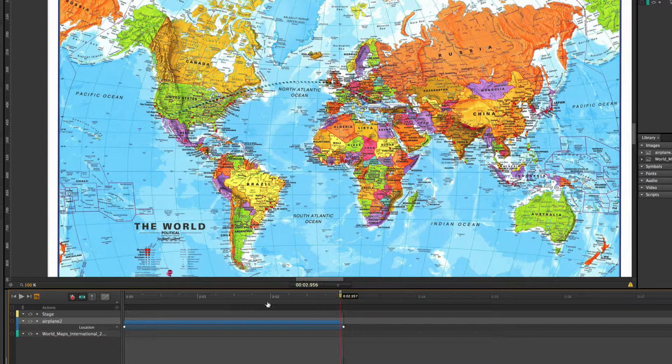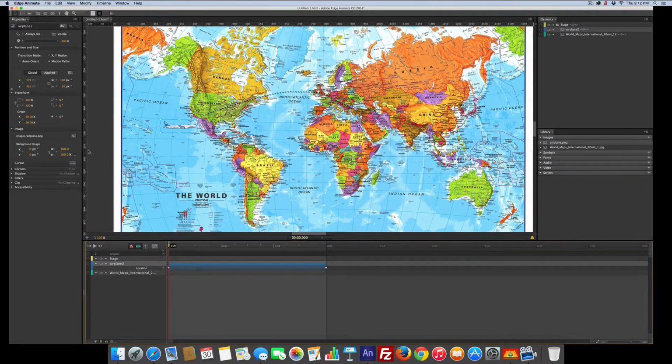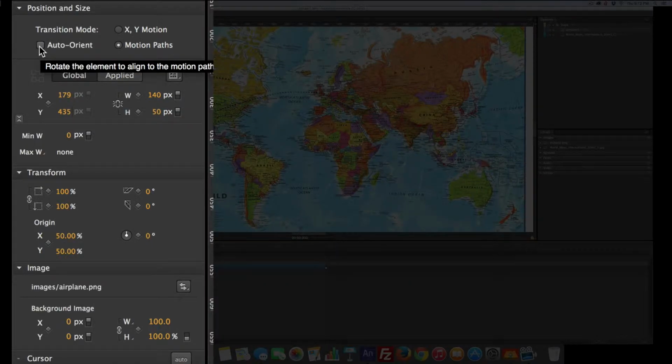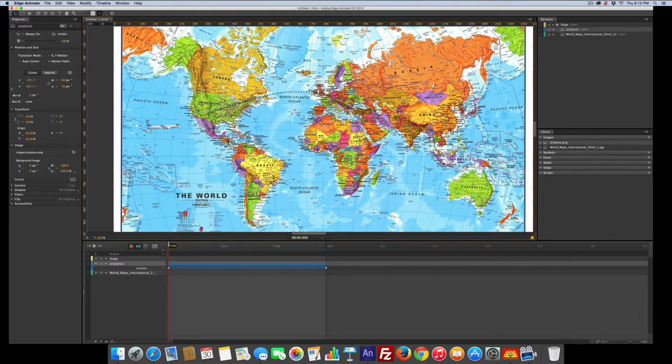So the other thing you can do with a motion path is I can orient it to the path itself. And let's see, auto orient. So let's move this to a spot where we can auto orient it. There we go. And we will check that, auto orient. And when we play now, we got,